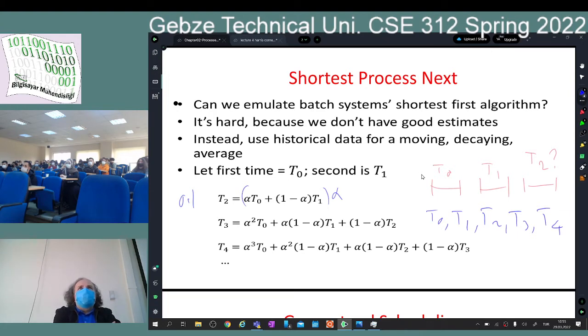Do I consider the interrupt handling time? As in, where should I bill it? If you think of it like a billing approach, who should I charge the CPU time of the interrupt handling? Of course, it is the operating system's time. The operating system has processes too. So you should charge that time to the operating system so that I know how much time the operating system is using. If the operating system is using 30% of the CPU time of the whole computer, then I am doing something wrong.